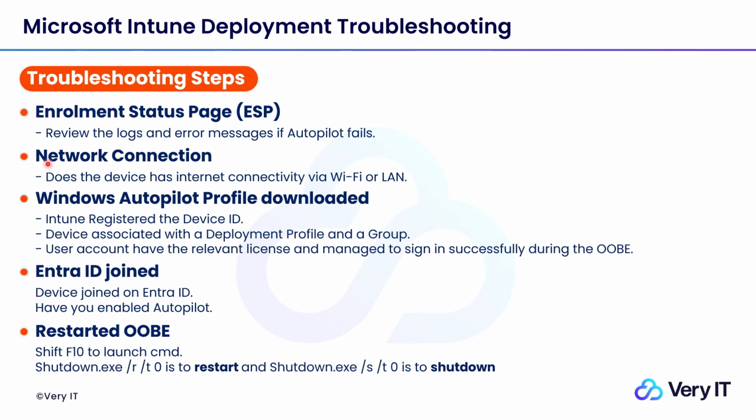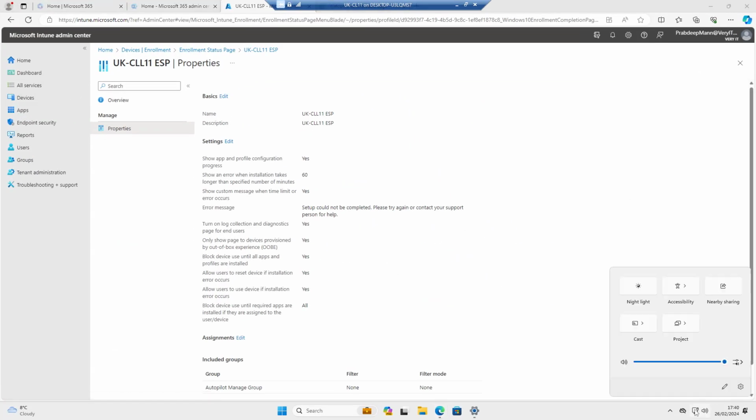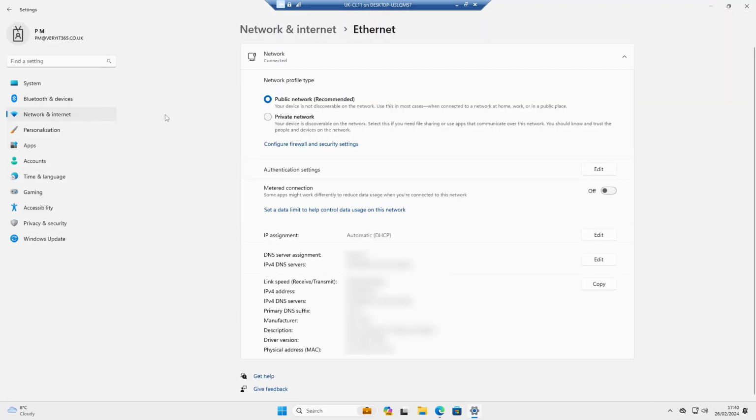Going back to our second point, network connectivity. Just make sure that your Windows 11 device does have internet connectivity, be it through Wi-Fi or LAN. Going back to our device again, as an example, just make sure that the internet is connected. Furthermore, if we go over to our settings, Network and Internet, just make sure that it is connected. It has a valid IP address that you can ping,